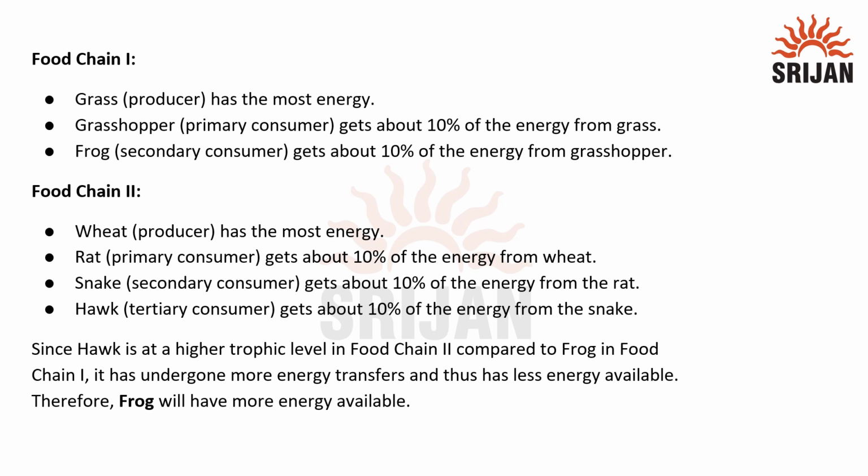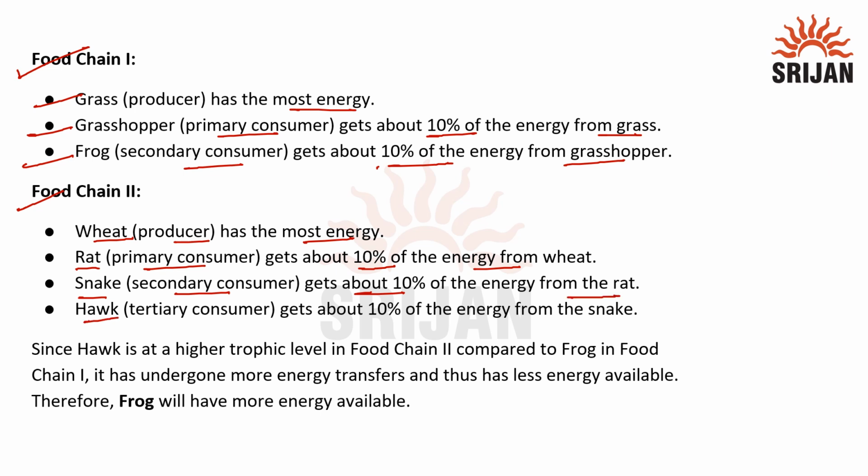So here we can see in the case of food chain 1, we have 3 trophic levels. Grass is the producer and has most of the energy. Grasshopper, being primary consumer, gets about 10% of energy from the grass, and frog, being secondary consumer, gets about 10% energy from the grasshopper. After that, in the case of food chain 2, we can see wheat is the producer and has most energy. Rat, being primary consumer, gets about 10% of energy from the wheat. Snake, being secondary consumer, gets about 10% energy from rat, and hawk, being tertiary consumer, gets about 10% energy from